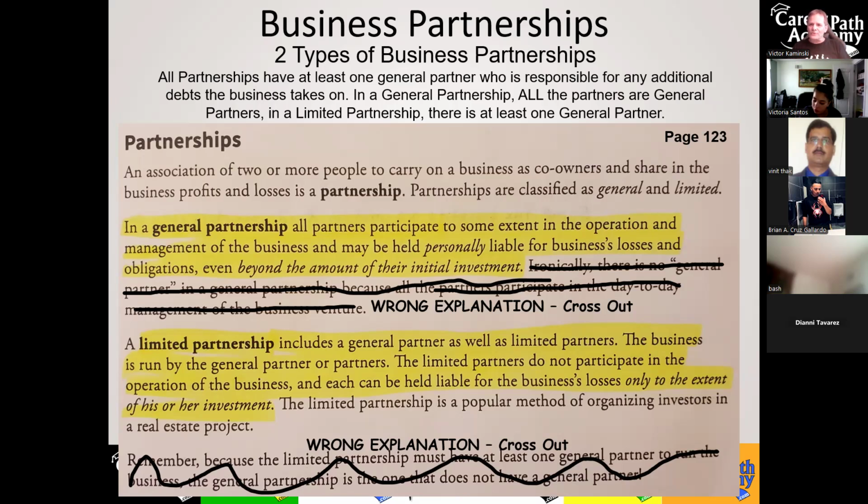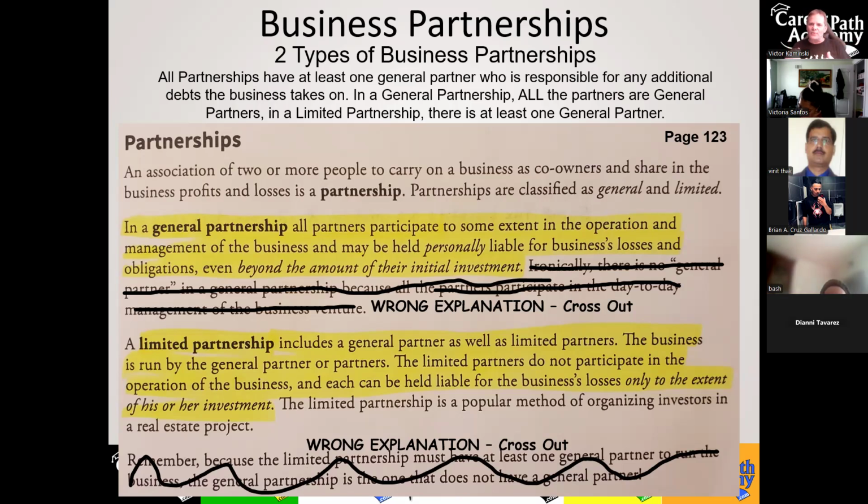You, however, work the day-to-day activities of the business. You could be held liable for any additional debts that you take on, etc. Mom is limited in her liability to the extent of her losses are limited to her initial investment in the business. But a general partner, if they take on additional loans, depending on what type of business it is, maybe for equipment or machinery or inventory or stock or whatever it is, Mom can't be held liable for paying for those things. She just can lose her initial investment in the business. That's all she can lose out on.